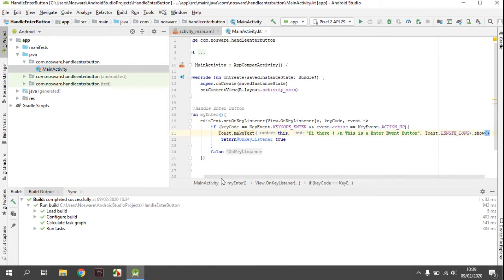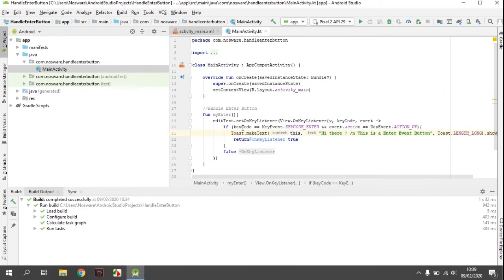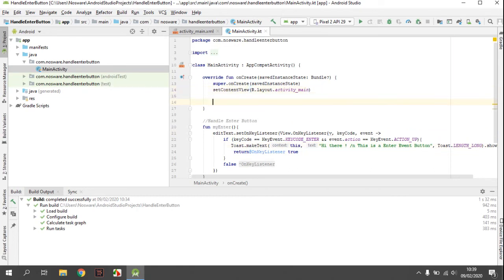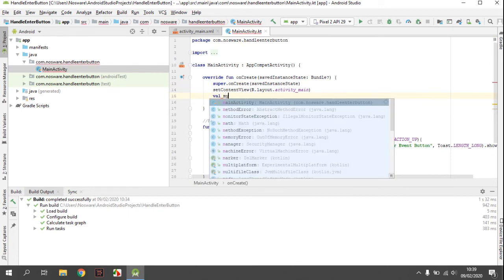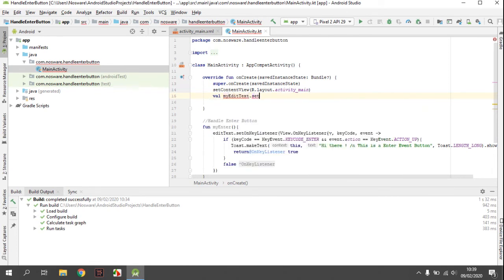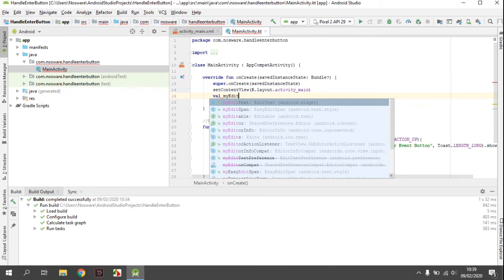Now this is for our enter. We need to declare our edit text value for my edit text here. Before we use set on click listener, we must declare val my edit text,